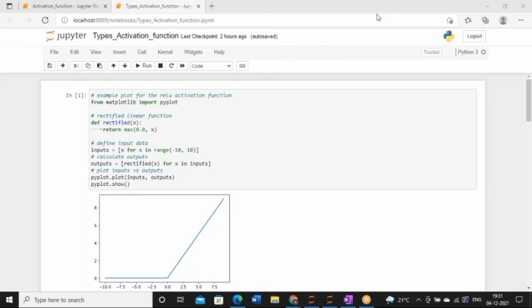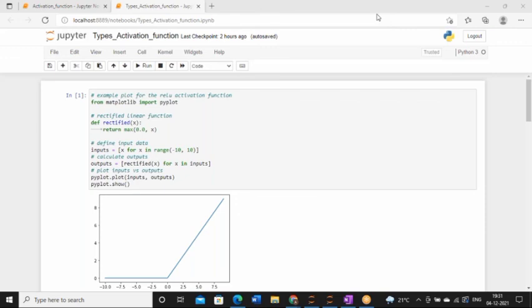Ma'am, what kind of interview question comes from this activation function, and the other one that you taught in the last class? See, from the neural network part, there is one question that will always be asked about the activation function, that is, which activation function you prefer to use in which scenario. If you know neural networks, then the answer is: if I am using the activation function in the hidden layer, then it depends on the architecture.